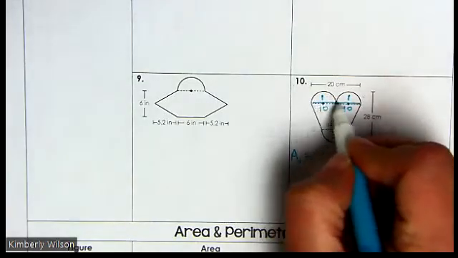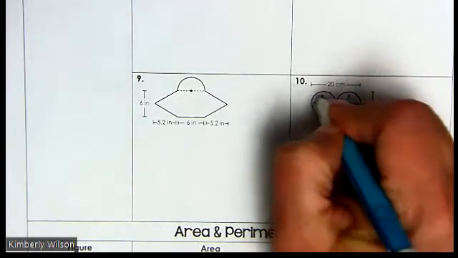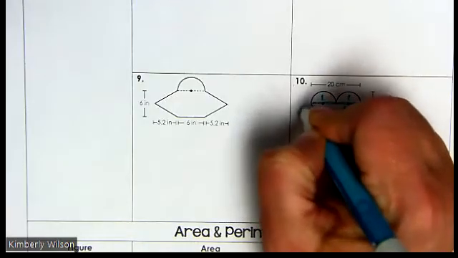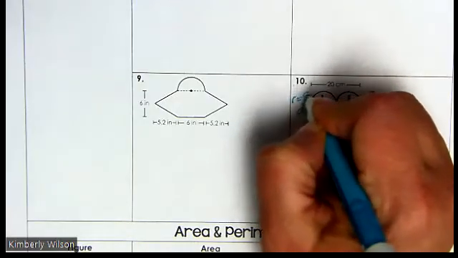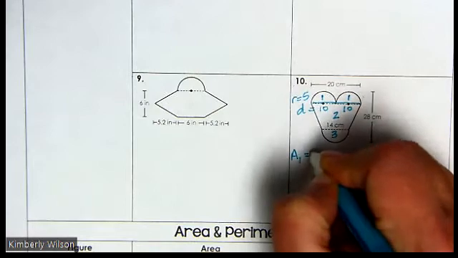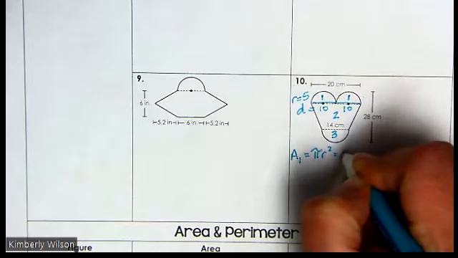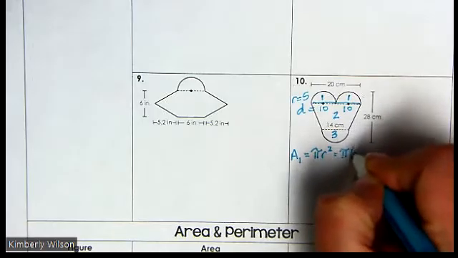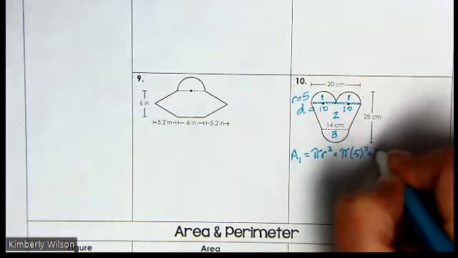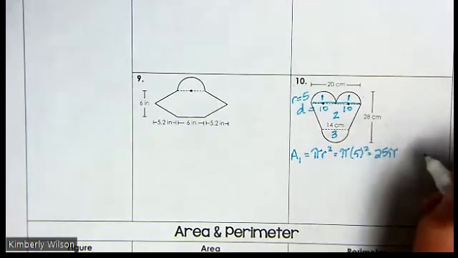So this is the diameter all the way across, so that means my radius is going to be 5. So remember to find this, it's pi r squared, so that means I'm going to have pi times 5 squared, which gives me 25 pi,